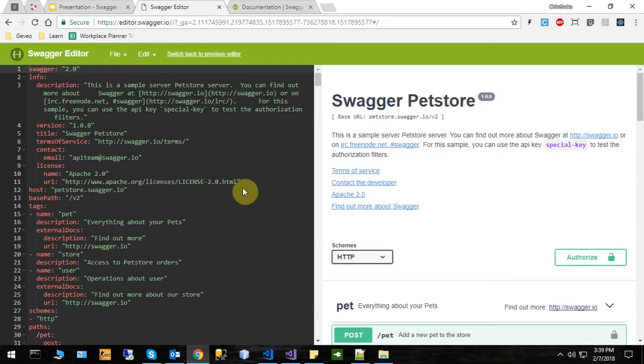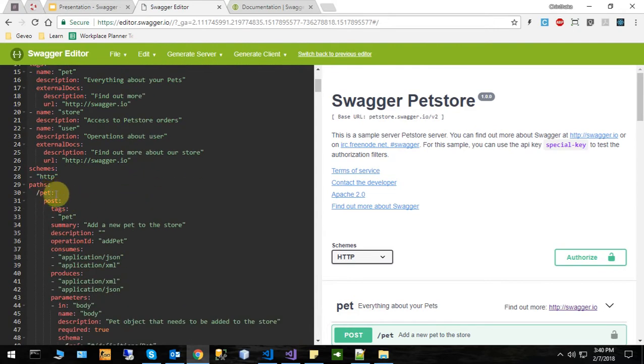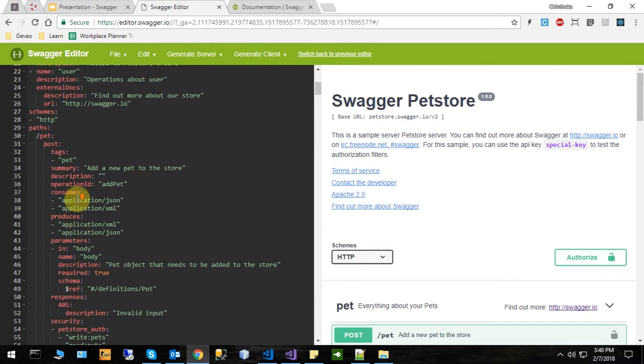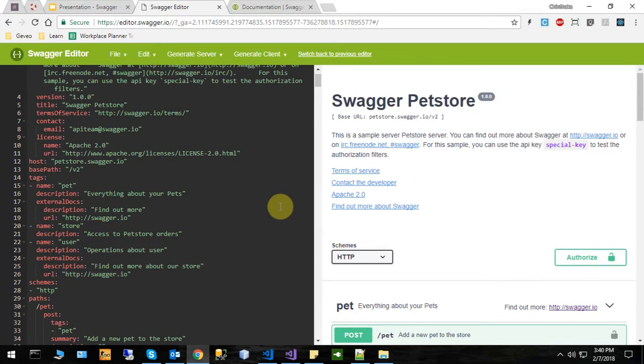This is just the example they have given, a pet store application. Here this is the Swagger or the OpenAPI specification. They have followed a certain standard where you can see different tags and values here. According to this specification, this documentation is being built. You can add paths and different methods to it and update it. So the Swagger editor is basically where you can